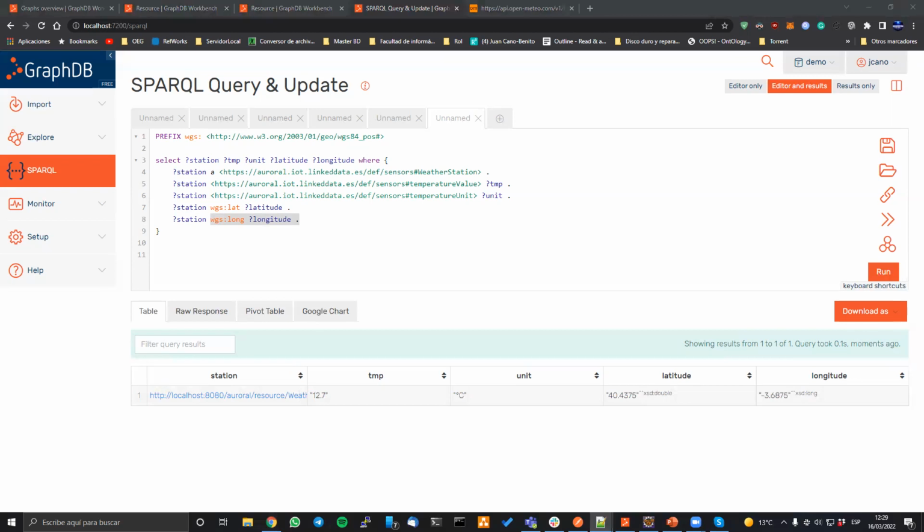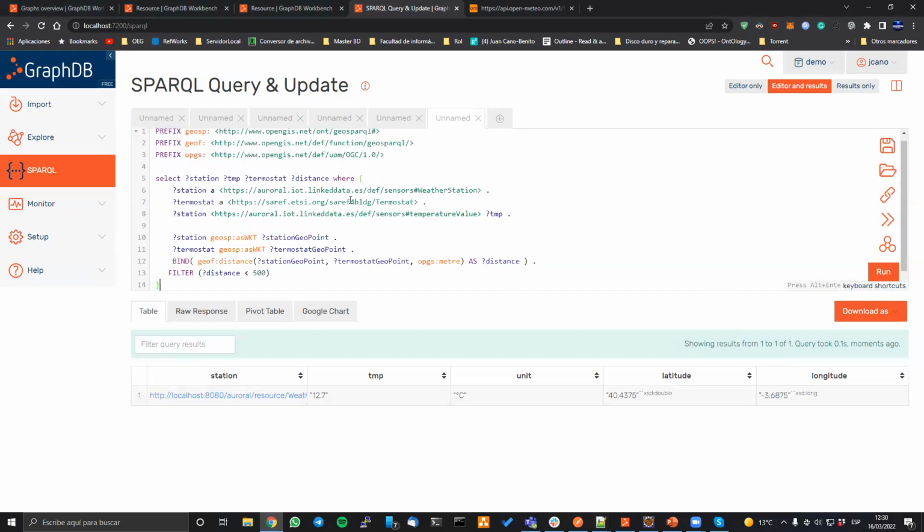Okay, but we will do some other complex queries such as, okay, I have this thermometer in one location and the other weather station in different coordinates, in different latitudes and longitude. So what is the variability of the temperature, or if in my house I have 12 degrees or less or more? So we can check here